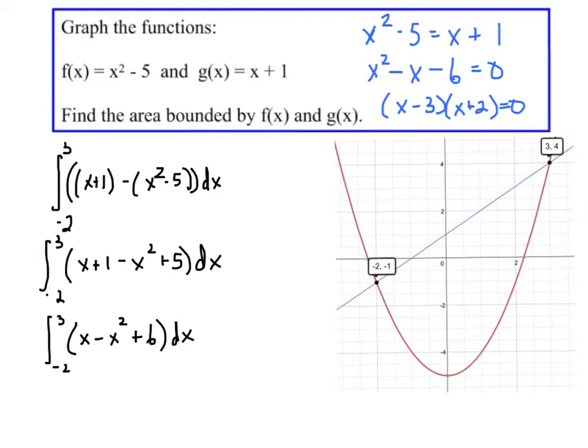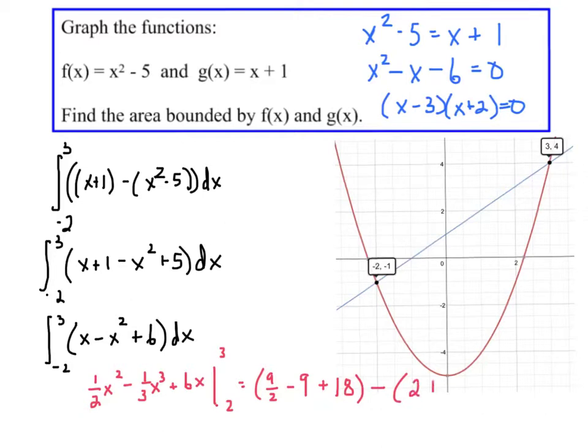So the antiderivative, well, we'd have 1/2 x squared minus 1/3 x cubed plus 6x, and we're going to evaluate that at 3 and -2. So we plug in 3, and we get 9/2 minus 9 plus 18. We plug in -2, we get 2 plus 8/3